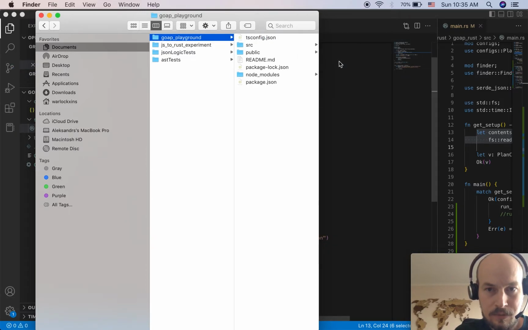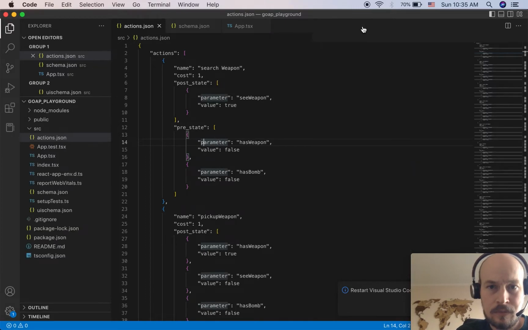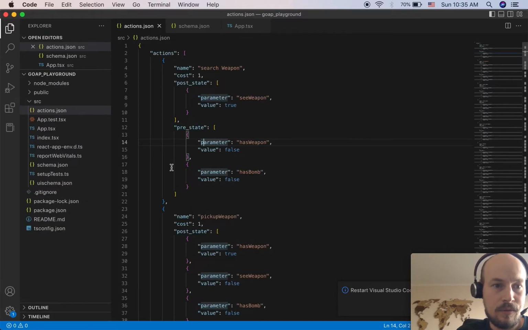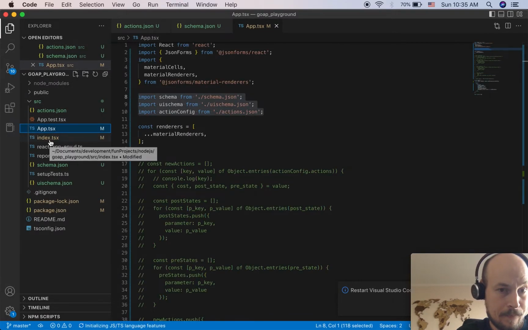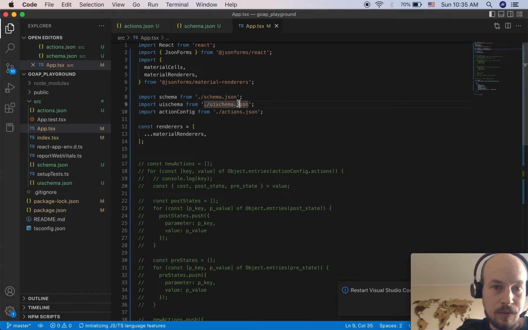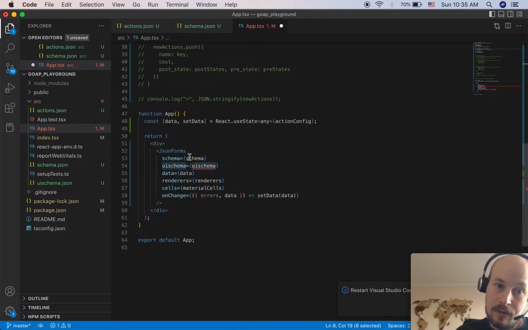Go playground. So I want to fetch my thing. So UI schema, right? I need to reserve something that will hold this. So this is that, and